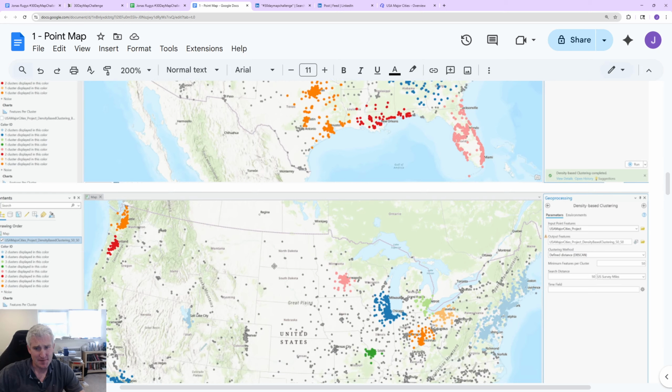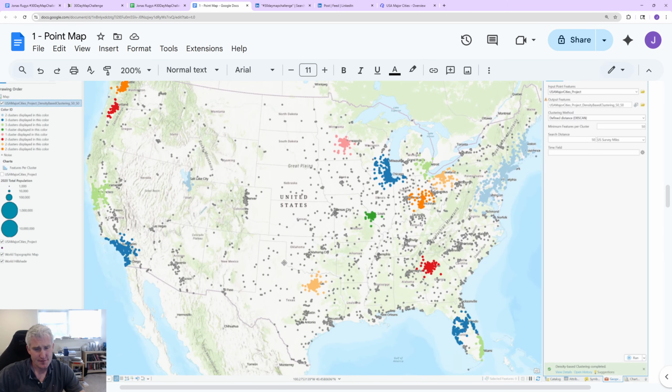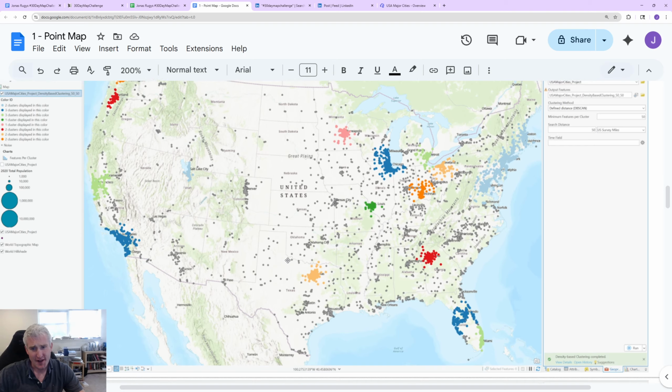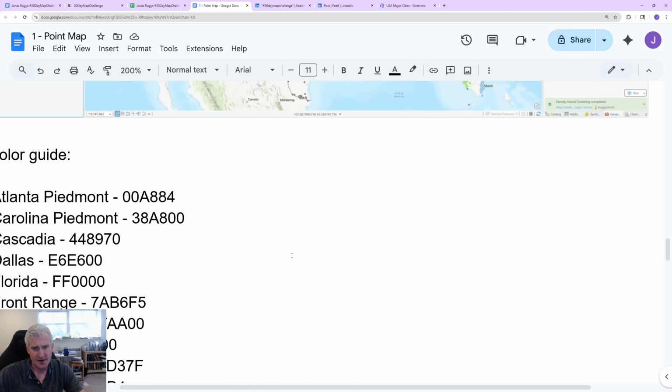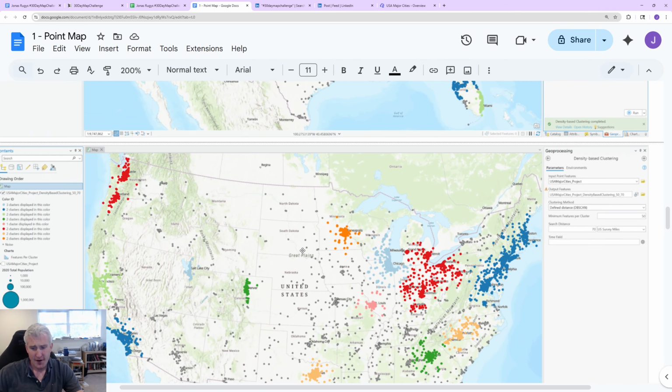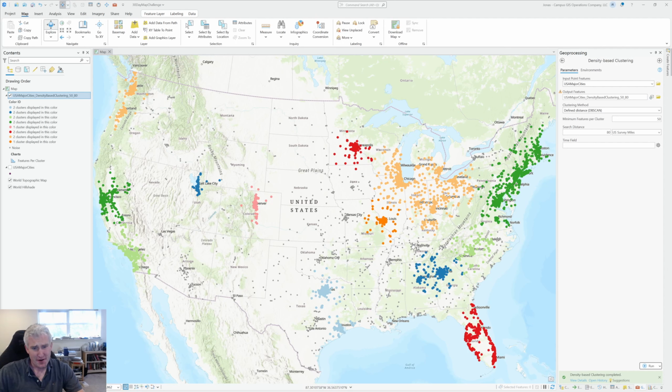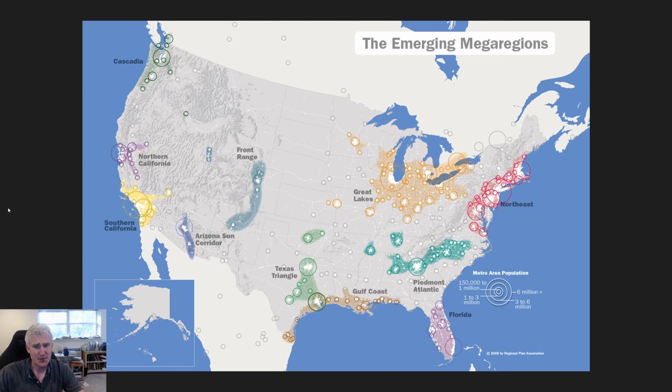So I wanted to get something that matched the RPA map. So I ran it with a lot of different parameters and ended up with this, which I thought was good for the day one map example, because it looks pretty close to what we see here. And apologies if I didn't show this at the beginning, because this is the inspiration for this first map, a map that you're looking at now from 2008, created by the Regional Plan Association as part of